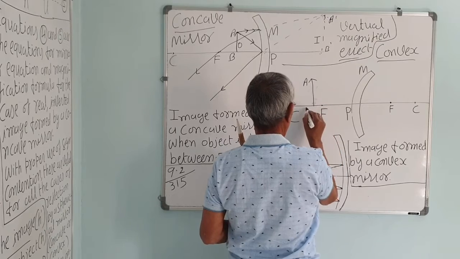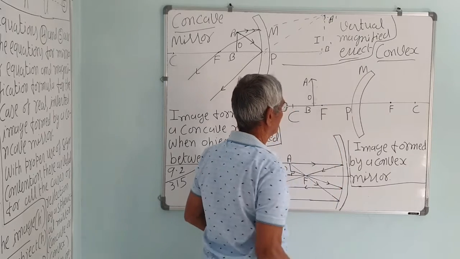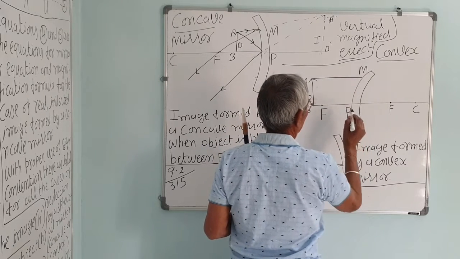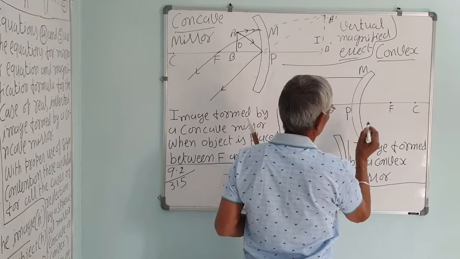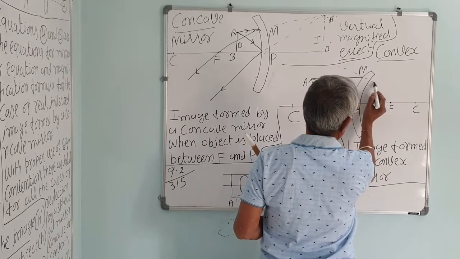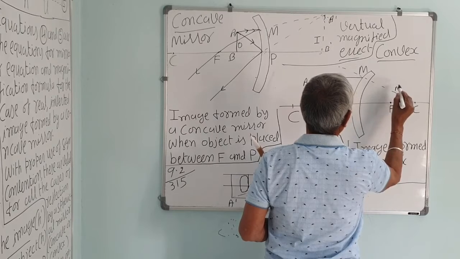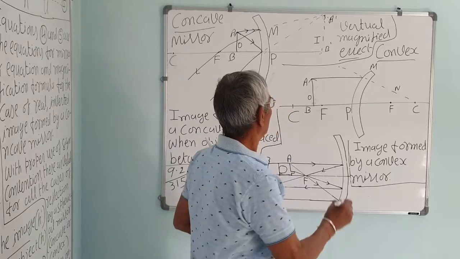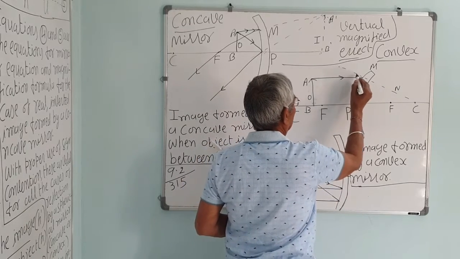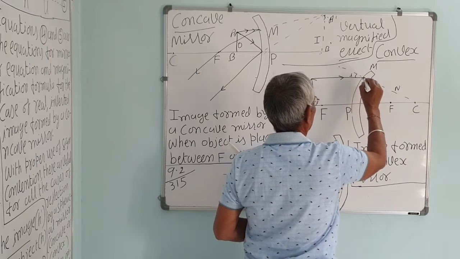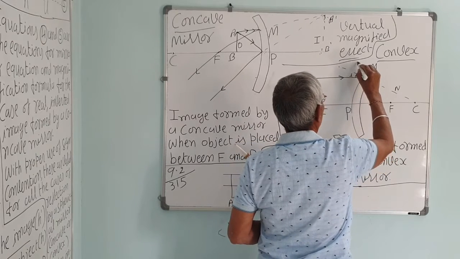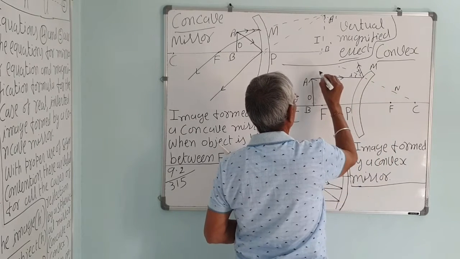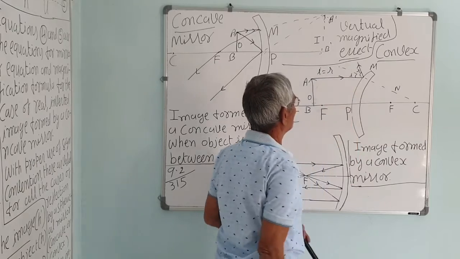See, AB is the object O. Take two rays as before, one parallel, correct? Now if you draw the line from the C, that will be a normal. So it will reflect by following the laws of reflection. Remember, the ray is going like this, this is the incident angle, the reflected angle will be equal, so it will reflect like this. This angle will be R, I is equal to R, both are equal.